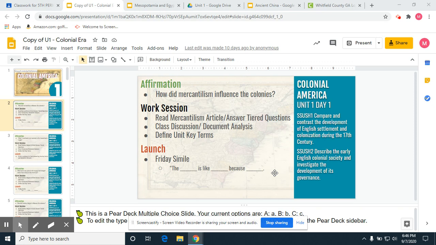And what you need to understand is that not all of these colonies, what we are going to know later on as the 13 original colonies, are the same. They also don't produce the same thing. They don't work the same way. But as we know, or as you will know, these are the colonies that are going to come together to help us form what we now have as the United States.